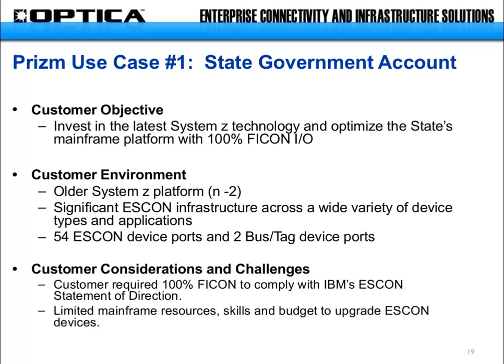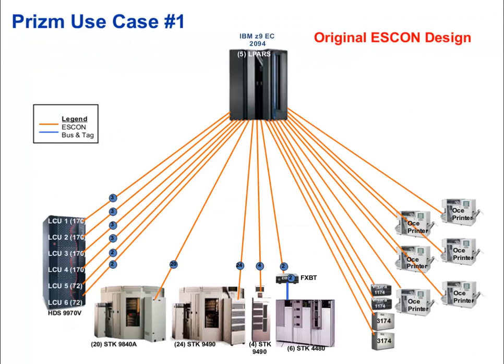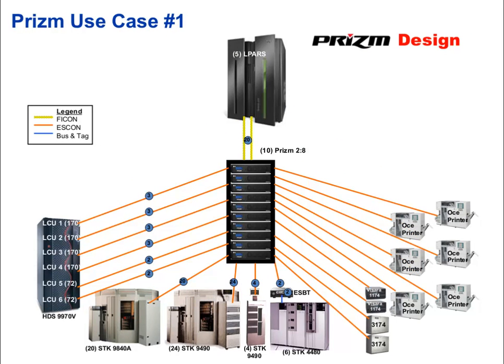The unique part about this particular case was the amount of ESCON they were managing. And you can see here, this is the before picture, or their original ESCON environment. You can see with a single KEC, they had a large amount of ESCON devices and applications that remain. And they had to decide which of these to migrate forward and which to try to migrate to native FICON connectivity. We consulted with the customer and developed a design represented here.